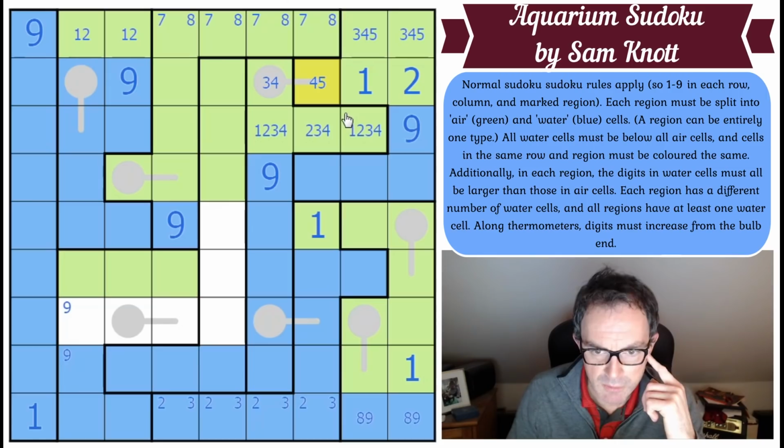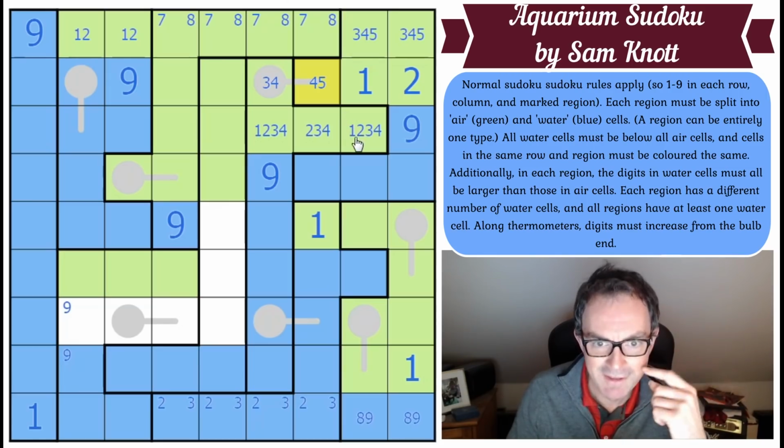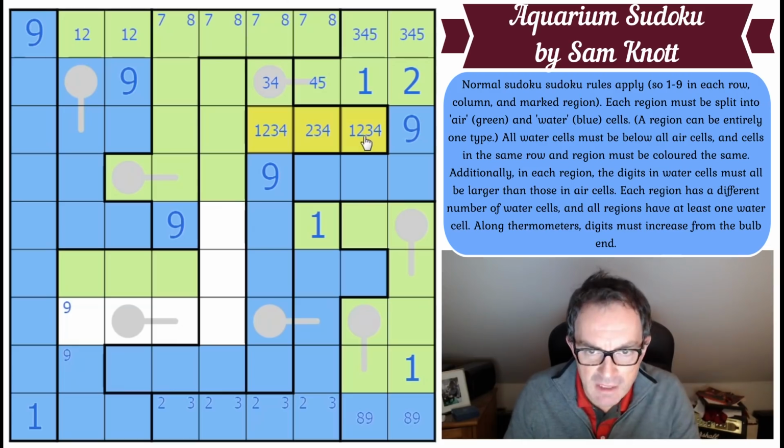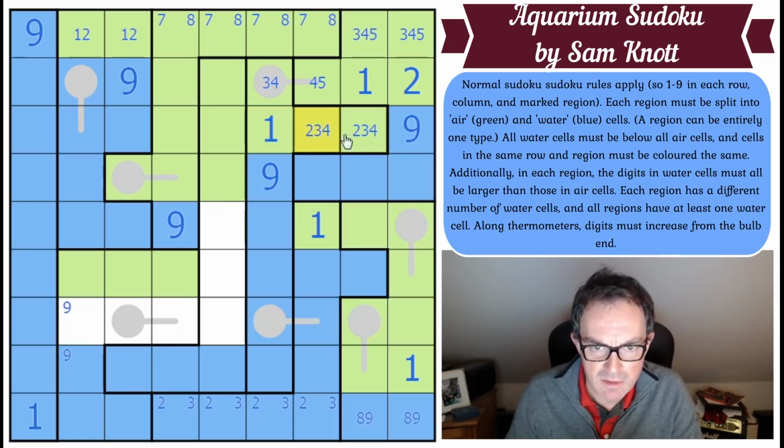Okay, good. What now? These squares have got to have... okay, let's carry on with Sudoku. Where does 1 go in this region? It's got to be here. There's definitely a 2 in one of those squares. So 1s and 2s are now...